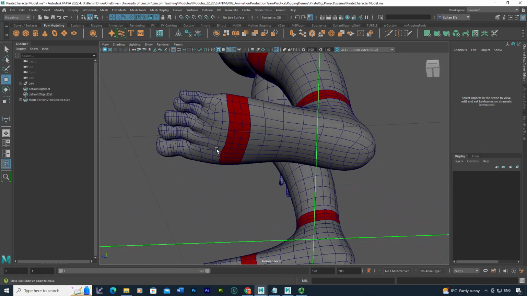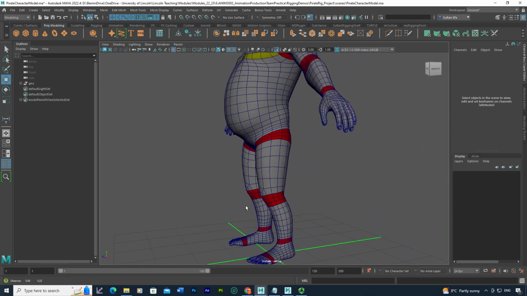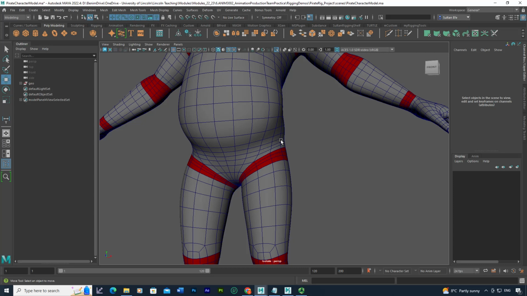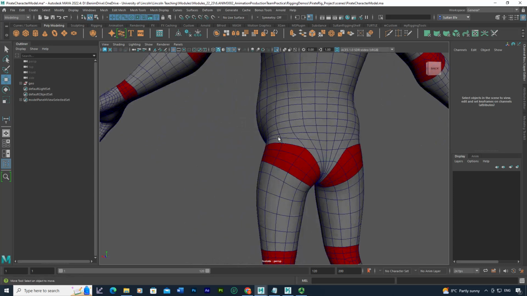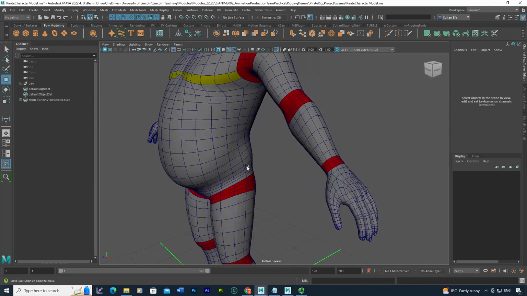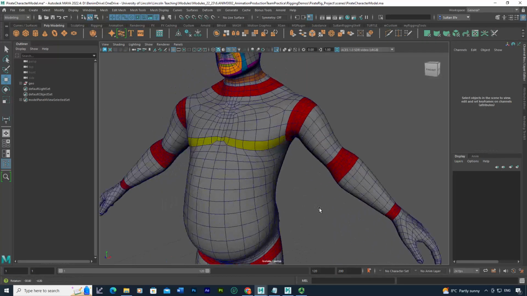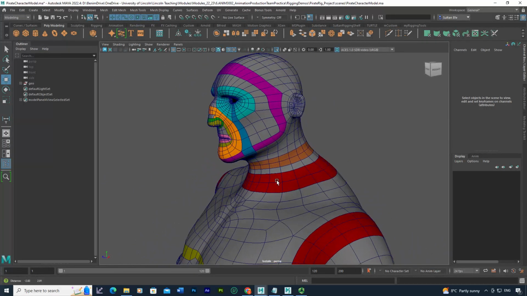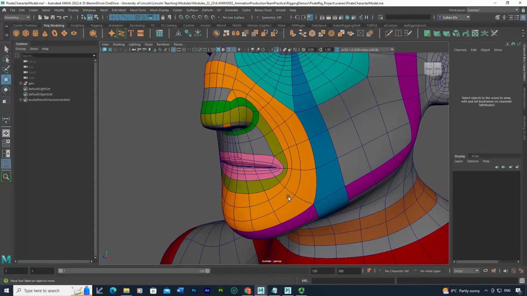Actually, this could slightly go forward. The ball joint is somewhere around there, but it affects these areas of the foot. The same with the thighs. We've got quite dense areas there. The same with the wrist, elbow, shoulder, the neck,